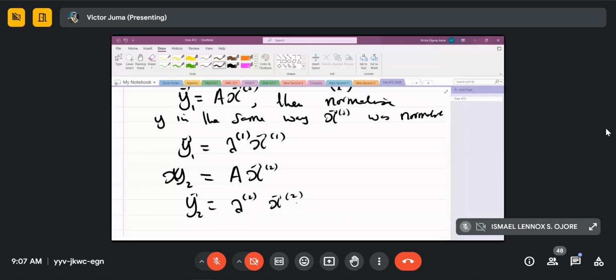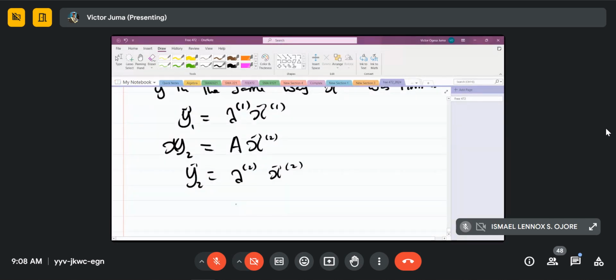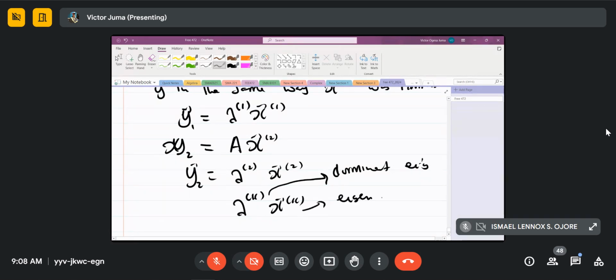until it converges. And if it converges, and you continue this way, then you get xk and lambda k. So this coefficient after normalization will be the dominant eigenvalue, and this will be the corresponding eigenvector. So it's called the